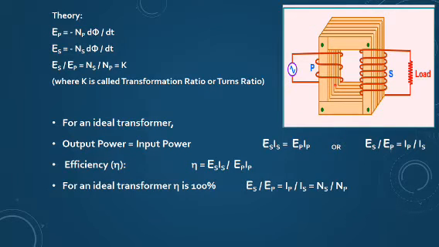When you are making the primary coil, how many turns you are giving, and for the secondary how many turns you are giving for this laminated copper wire, that is to be seen. That means the number of turns and the EMF produced have a direct relation, and the ratio we call the transformer ratio. So this is the theory of the transformer, which should be clear to you. The principle is of course mutual induction, and then for working you have to see how it works.